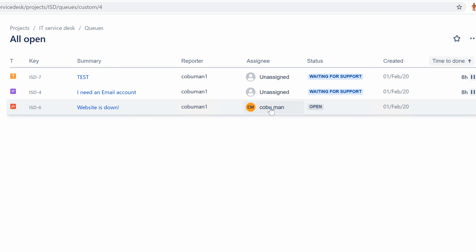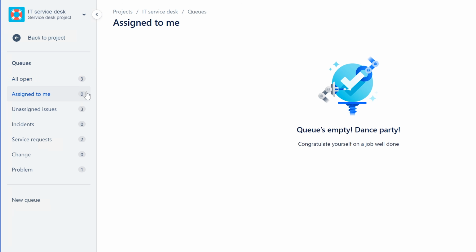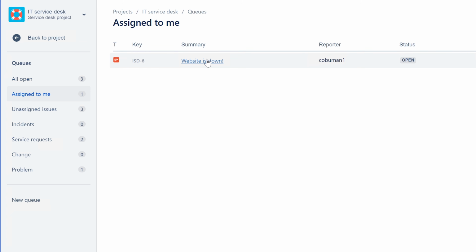We can see that this one here is assigned to me, that I'm working on it. Let's see on the next tab, assigned to me, it says 0 now, but now it shows up as 1 because it took a little bit to refresh. And then we got other tabs that you can get into, but these are the basics. These are the basics of working a ticketing system that you must know before going to work for a help